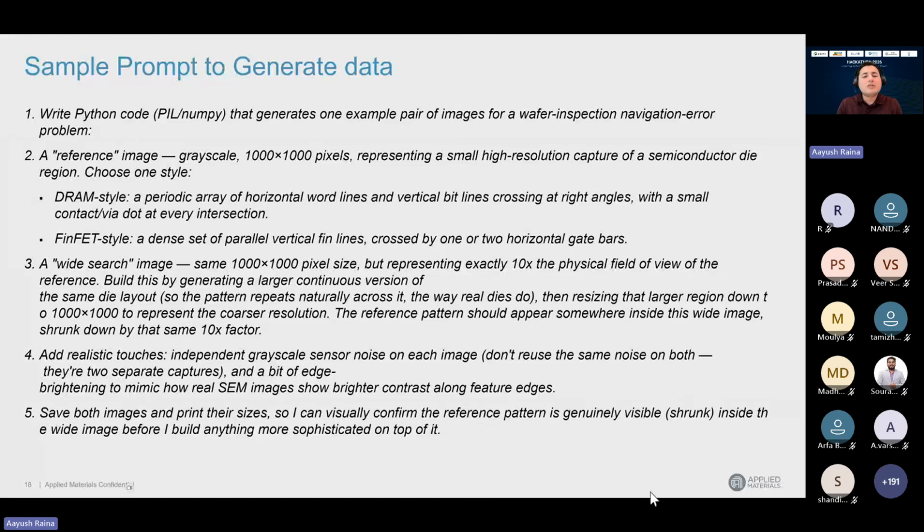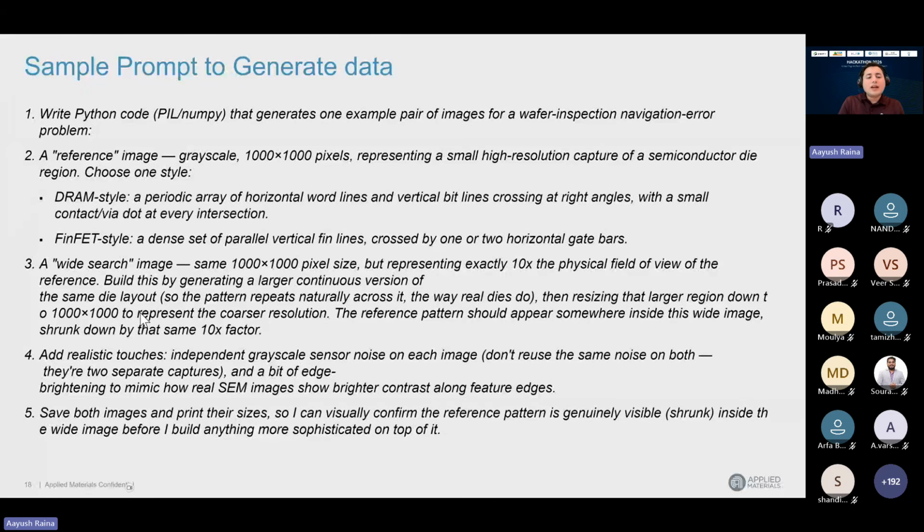In this prompt, we are asking it to create a navigation error problem. We are giving some context. You can give the problem PPT or the text. Then we ask it to work with 1000 by 1000 pixel images, with DRAM and FinFET. You give some sort of arrangement, and then you ask it to create something at a 10x physical field of view and something at a 100x field of view.